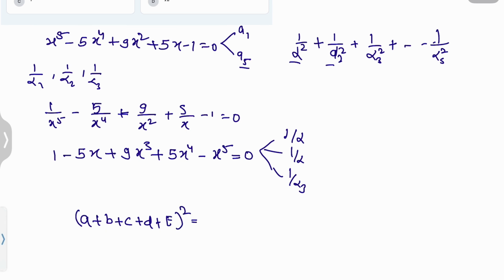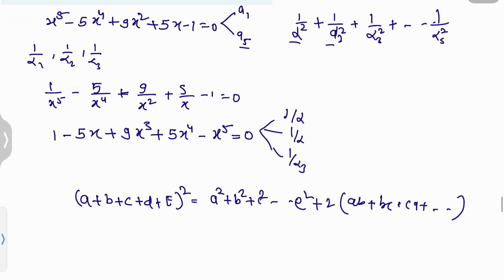The square is equal to, given that a square plus b square plus c square up to e square, and 2 times the two-at-a-time multiplications: ab, bc, ca. This is the square formula. So according to this, written like this, 1 upon alpha, you can understand the summation of 1 upon alpha 1, where alpha runs from 1 to 5, whole square